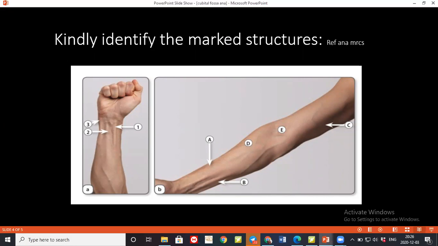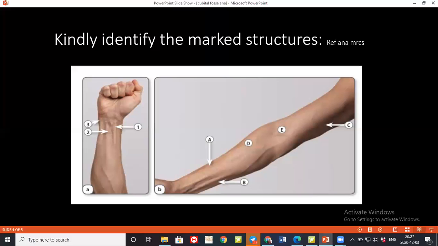Here in picture B, we have A, B, C, D, E. In picture B, A will be the tendon of the flexor carpi radialis. Then B is still showing the tendon of the palmaris longus, if I'm correct. Then D